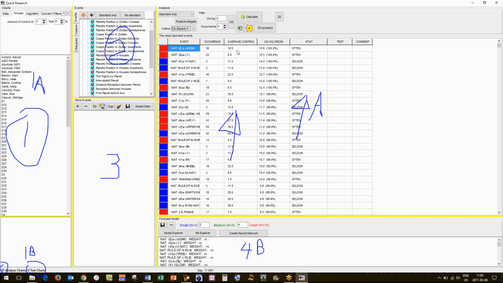And the average control group, so all the random charts that we tested, have 18 occurrences. So this comes up as a high chi-squared. So you can see here it gets listed as often. So that's what positive is, and it's red.